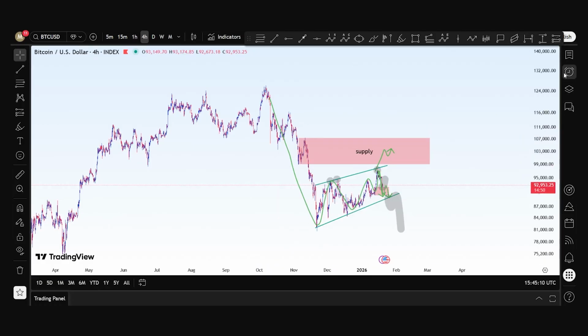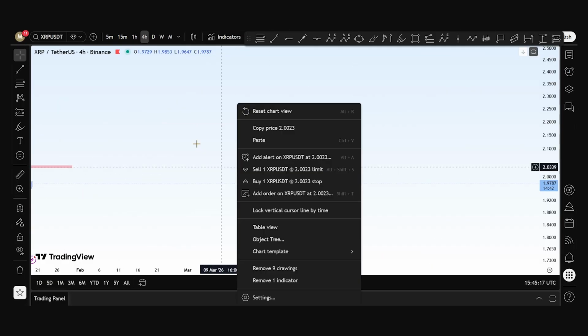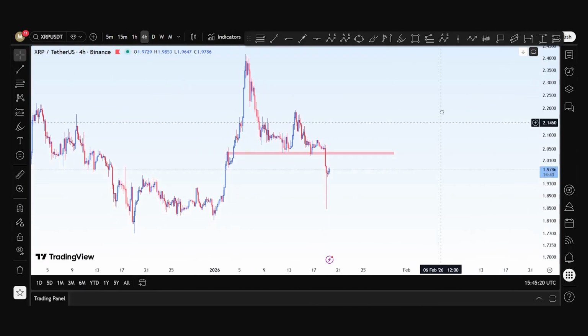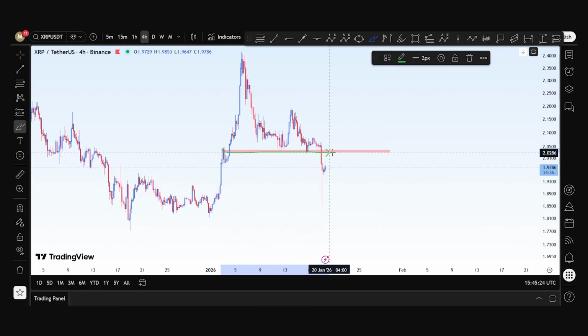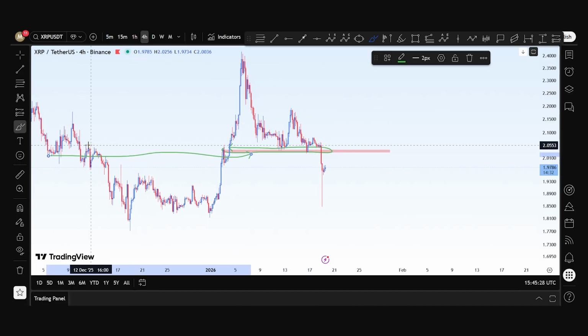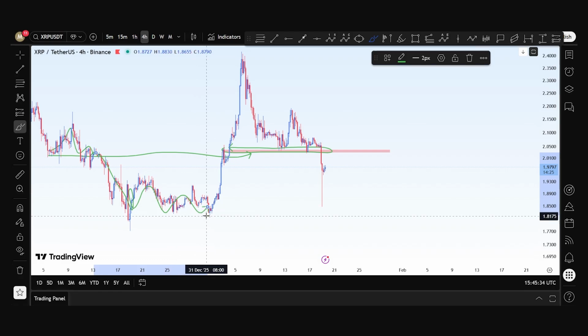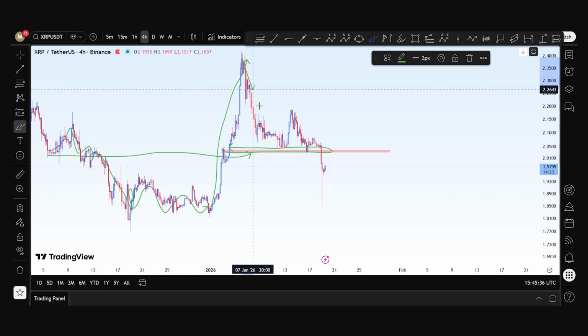So let's just jump now to XRP and see what we can see. So actually XRP on the 4 hours time frame lost this support. It has been holding for a long time. Actually also here it was a support as well, and what happened here is some type of consolidation. This was your manipulation or whatever you want to call it, then the expansion. Now you're retesting again this support, but now as we see that we break down,